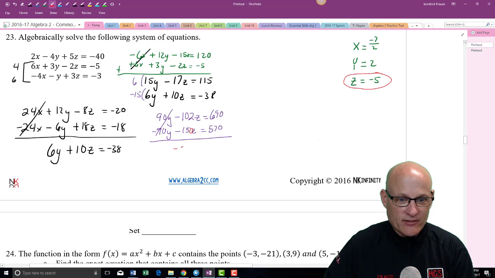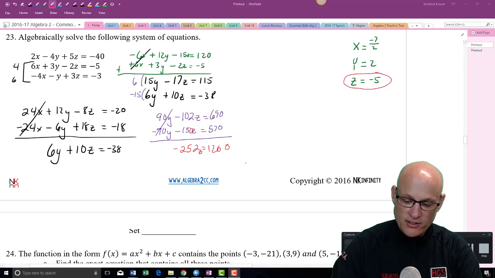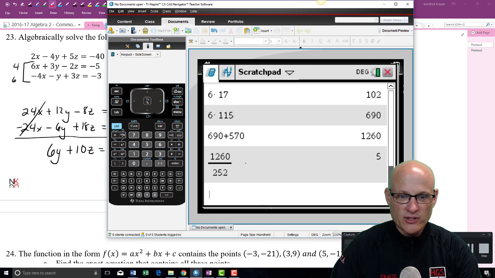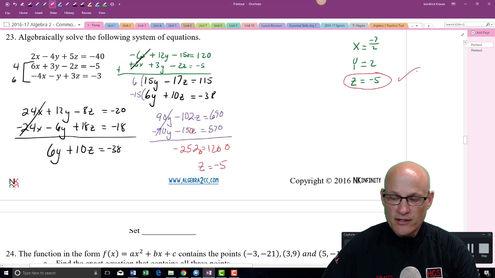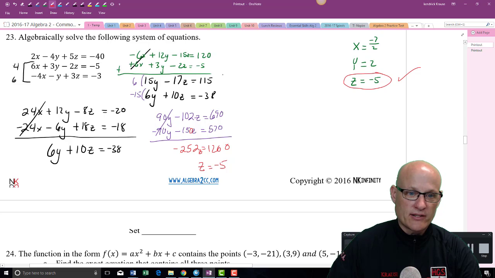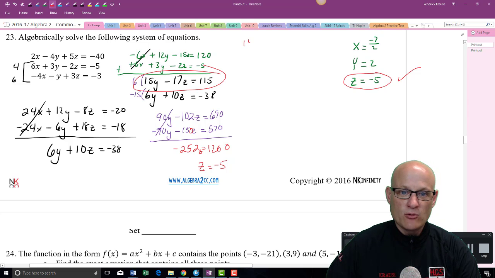So this is really negative 252 z is equal to, 0, 6, carry the 1, 6, 12, 1260. So if I take 1260 and divide by 252, I get negative 5. So z equals negative 5. Done. All right, now what I'm going to do is take this equation, 15y minus 17 times